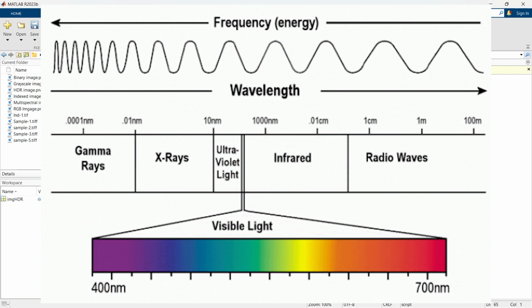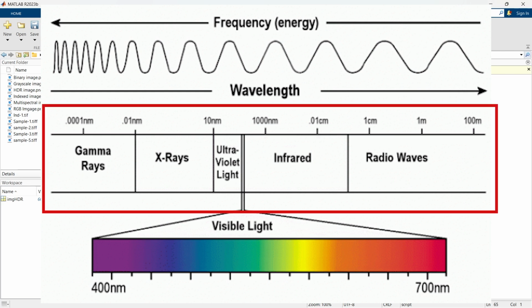But there are other ranges too, like infrared, which has wavelengths longer than 700 nanometers, and ultraviolet, which has wavelengths shorter than 400 nanometers. So this is the spectral band, and multispectral and hyperspectral images capture light across these bands, including visible